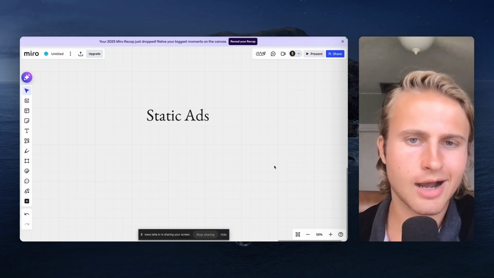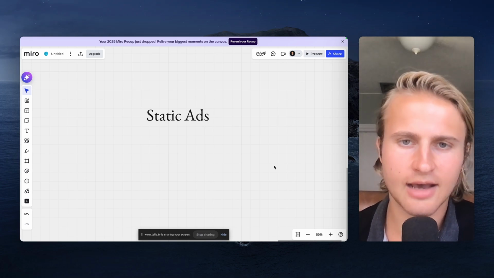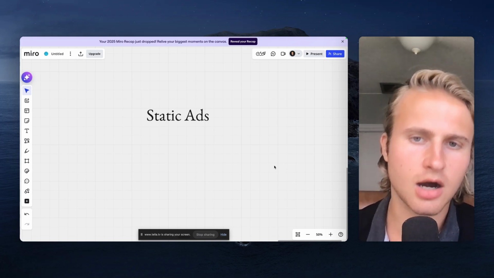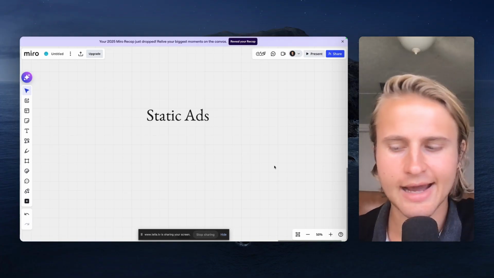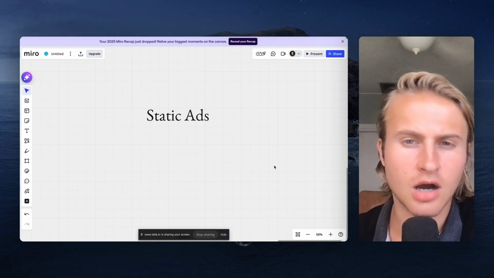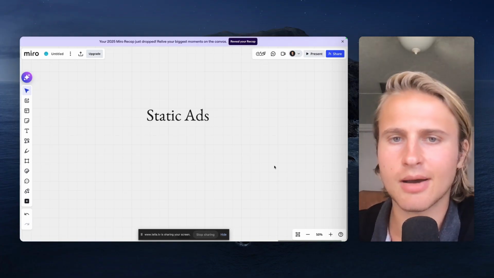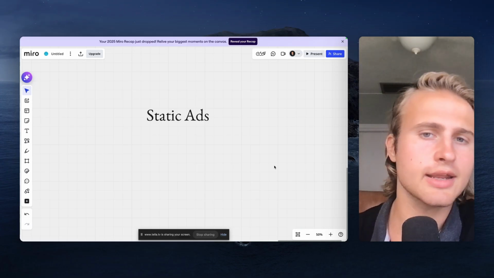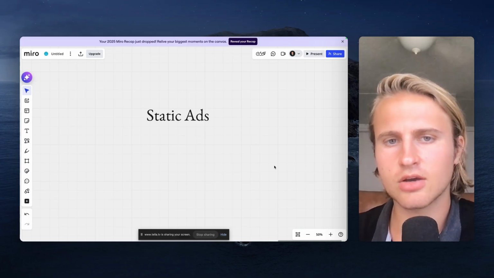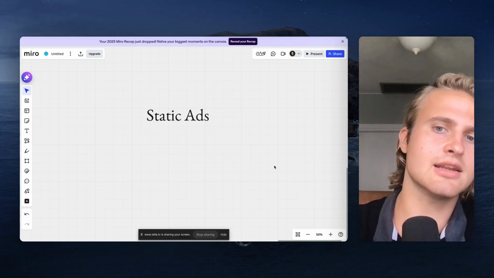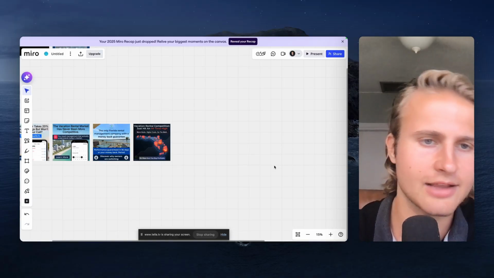Today, we're going to be going over how to profitably run static ads on Meta, specifically for B2B offers. Now, a lot of people, when they think of Meta ads, think of e-commerce and lower ticket offers. We're specifically talking about high ticket niches here. If you're running any sort of B2B type offer, then this video is going to relate to you. And at the end of the video, I'm also going to show you some examples of ads we've put together